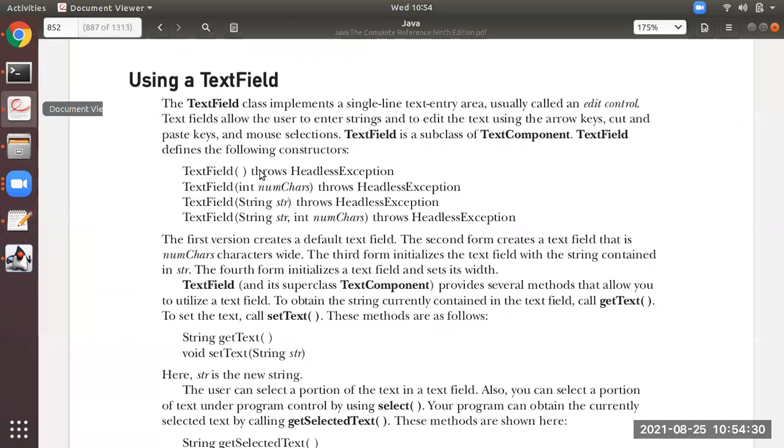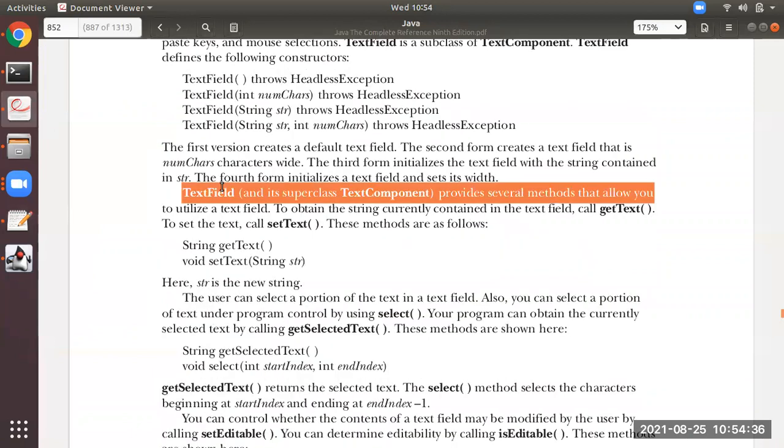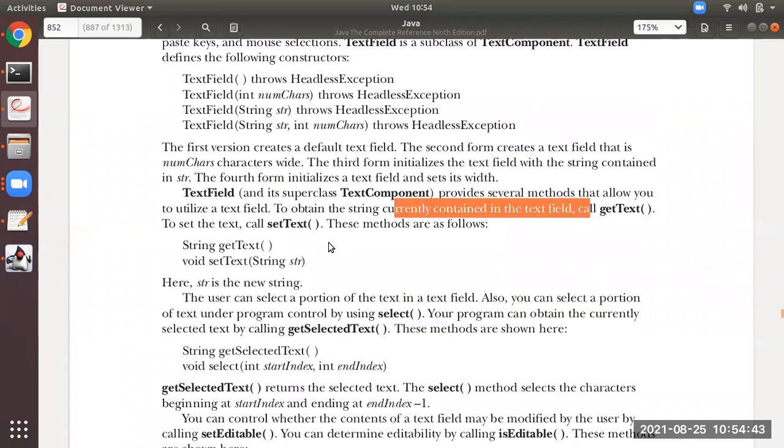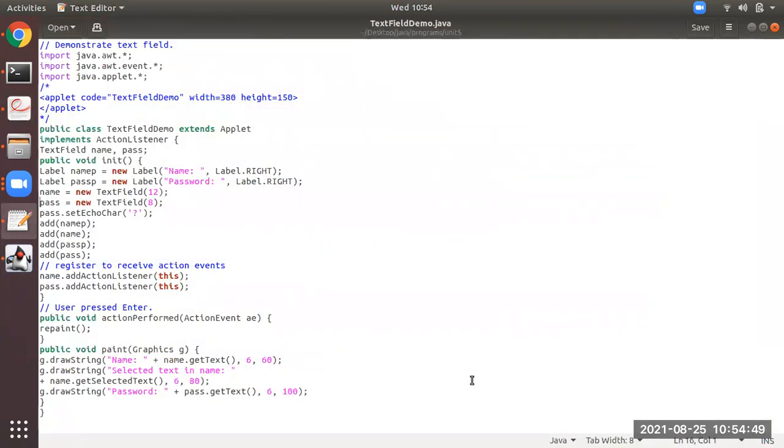Then next is, don't worry, slowly I will explain. Then text field provides several methods that allow you to utilize a text field. To obtain the string currently contained in the text field is get text, and to set is set text. Okay, so you can observe here, get text.